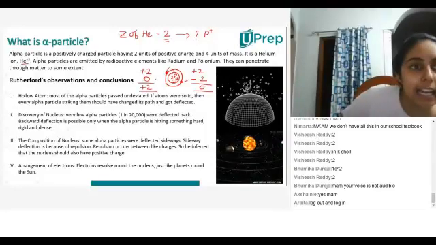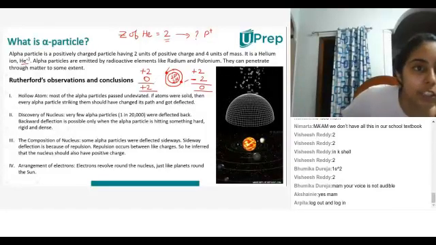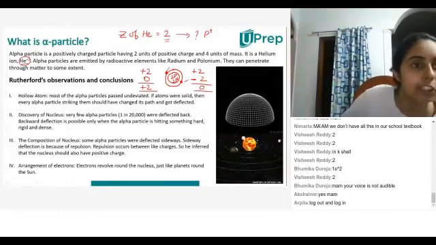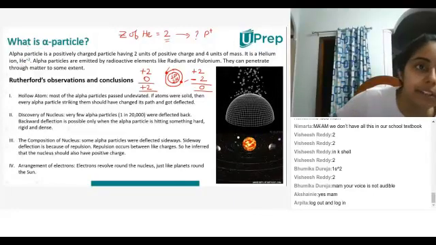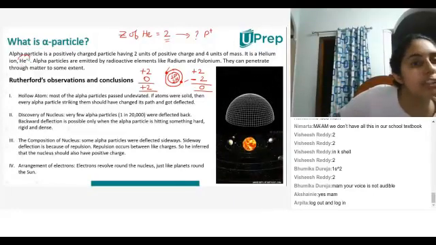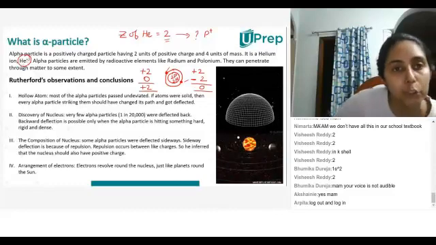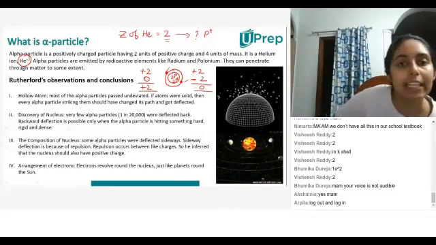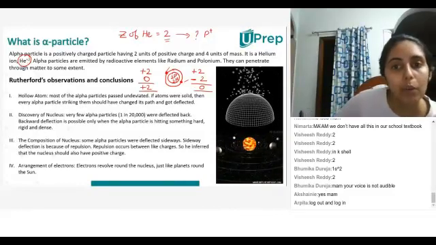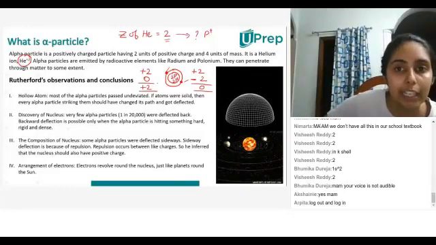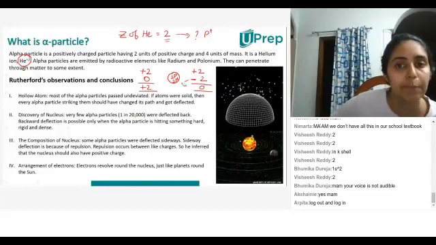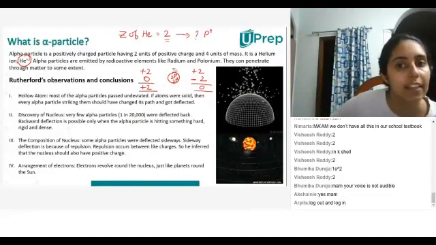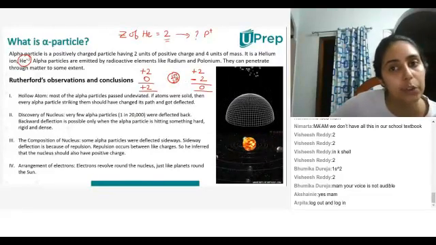That is why after removing 2 electrons, I will write it as helium plus 2. Helium plus 2 is the ion of helium. Okay, that means 2 electrons have been removed. So the overall charge of helium becomes helium plus 2. So now helium plus 2, what will the structure of helium plus 2 look like? I'll remove both these electrons. So this orbit will also go away. I'll only have the nucleus. The nucleus has 2 protons and 2 neutrons.